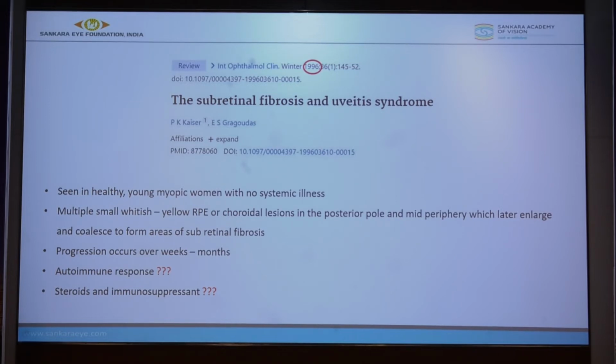But in the cases they reported, it starts as choroidal lesions, choroiditis, and later fibrosis, and the progression tends to happen slowly over months. But here I could see that the amoeboid movement happened over 1 month, 2 months of progression itself. There is no proven hypothesis for why it occurs, though few authors have tried steroids and immunosuppressants, but how long can we give the child immunosuppressants or steroids, and what to do in such a scenario?